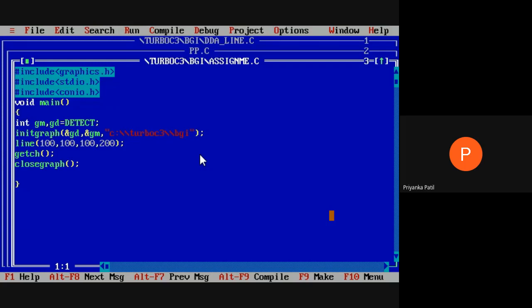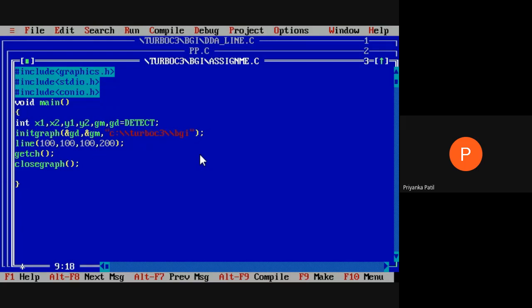So here is the static program. Whenever we have to implement the dynamic program, we need to access the values from the user. So here we have to declare x1, x2, y1, y2.